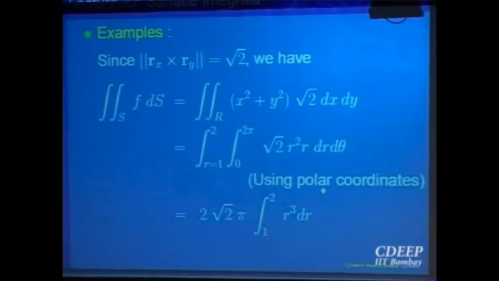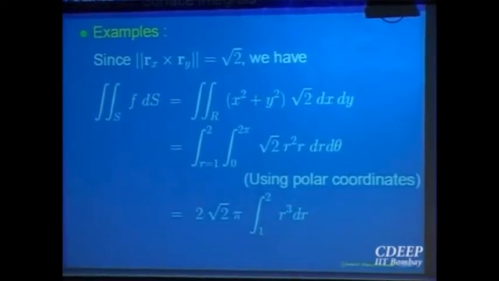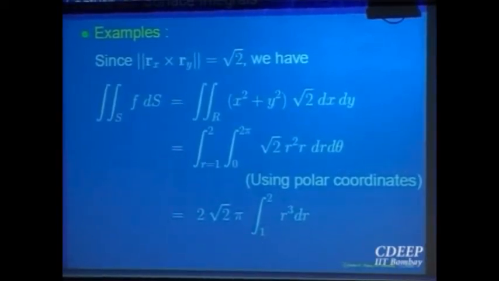The basic idea is to have a parameterization, and you have to see carefully on which plane you want to project. Or you may want to use some other coordinates, like for a sphere, where there is no projection and we are looking at totally different things: cylindrical coordinates or spherical coordinates sometimes, or if something is being rotated, then some height and polar coordinates, cylindrical coordinates again. So appropriately a parameterization for the surface is to be given and things are to be computed. So the answer comes out to be whatever it is.